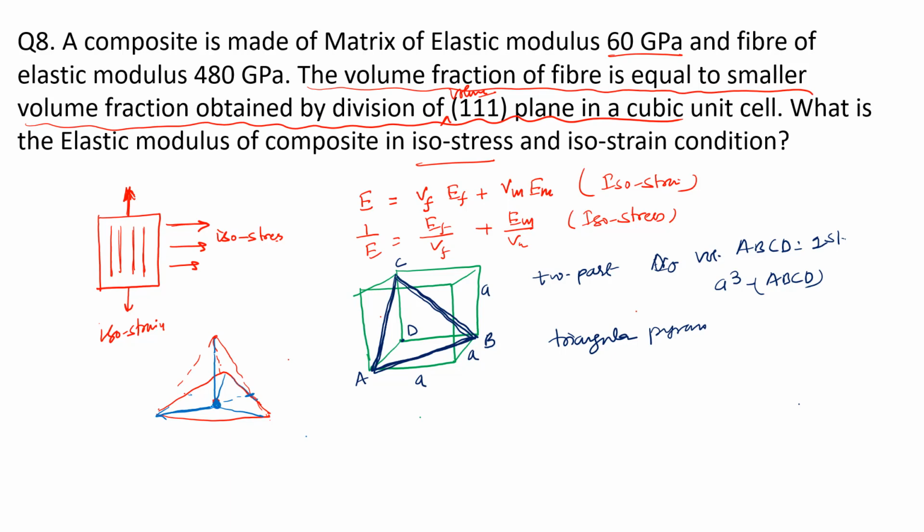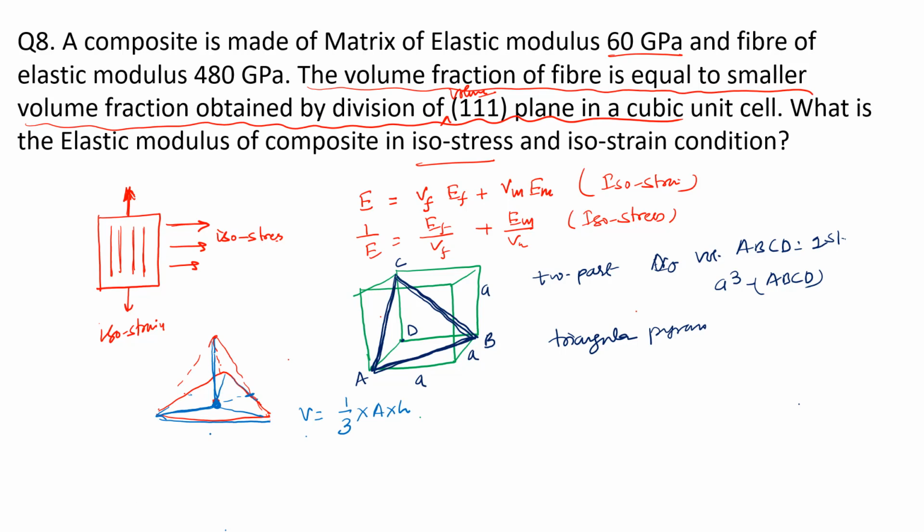So now we need to find the height to find the volume. The volume of a triangular pyramid is equal to 1/3 times base area times height, right? So can you find the area of this? Yes, because this is an equilateral triangle. What will be the side of this triangle?